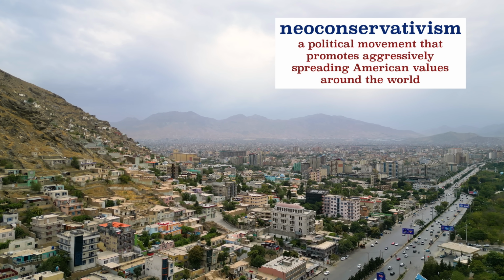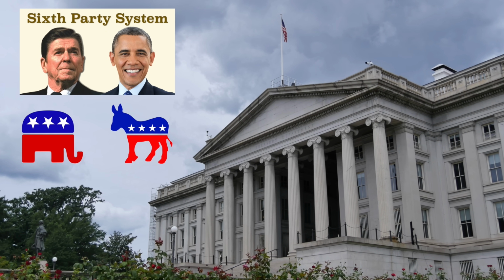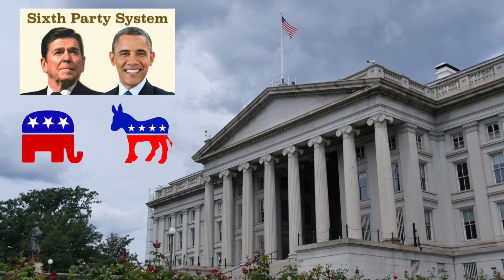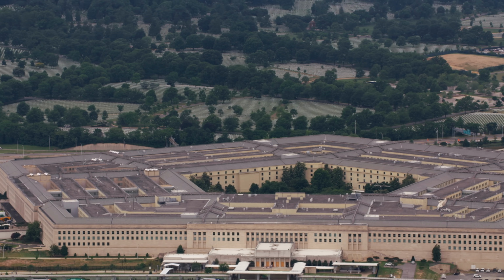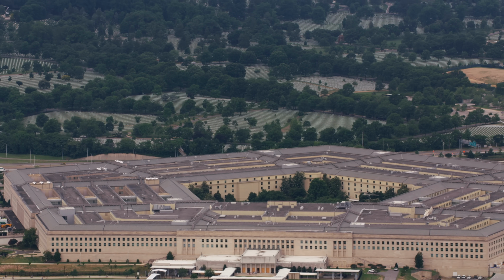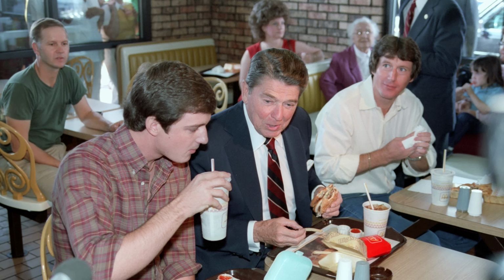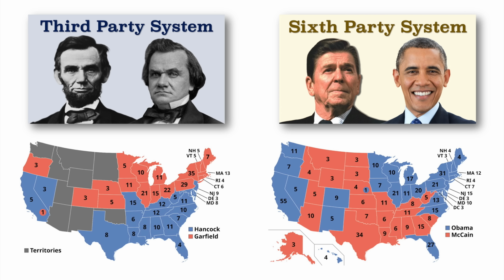means military intervention. During the six-party system, both the Republican Party and the Democratic Party spent decades mostly on the same page when it came to both economic and foreign policy, whether people who lived through this time are willing to admit it or not. And yet, just like with the third party system, the 2 major political parties during this time were often split geographically. But this time, Democratic Party voters were overwhelmingly in the North, and Republican Party voters were overwhelmingly in the